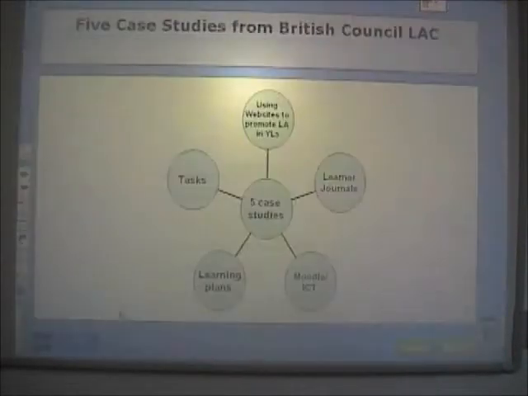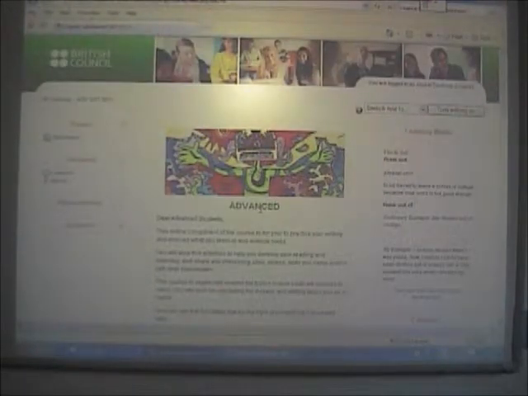I'd like to tell you about the other thing I've done with my advanced students: learning plans. It's connected with Moodle, but that's not the main point. The main point is getting them into the habit of doing this. Moodle is just a shell to deliver this. It doesn't do anything special by itself.